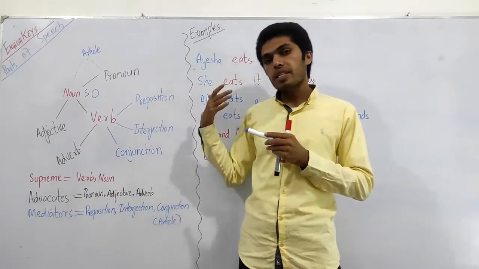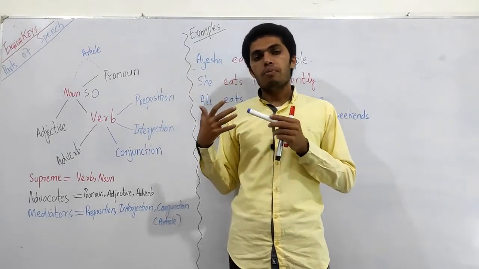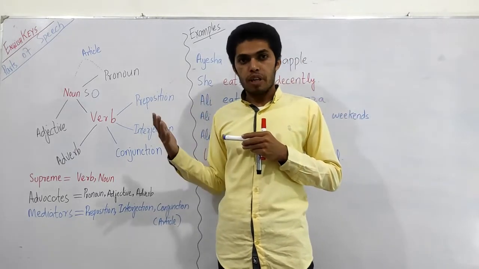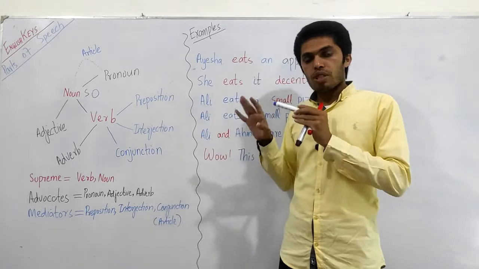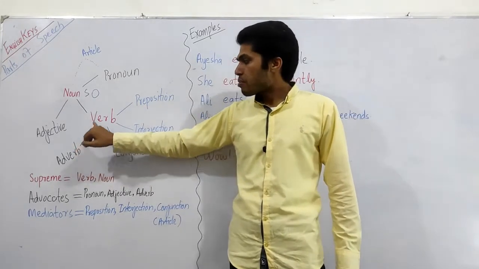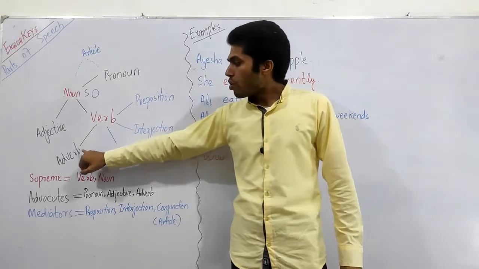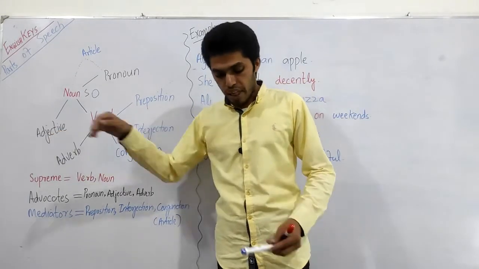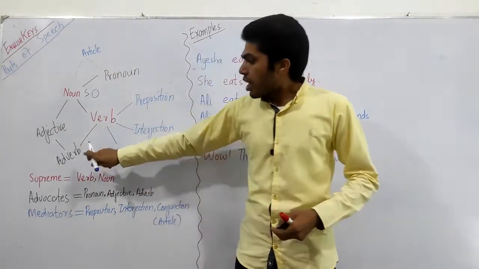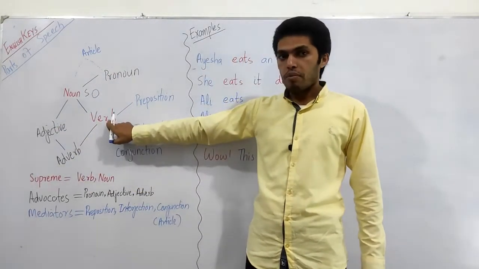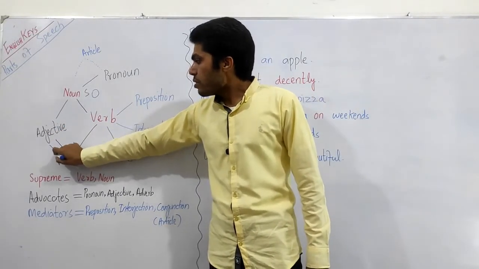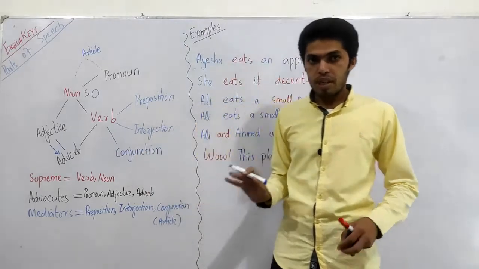We will discuss these things in a separate video, where I will talk about adverbs and explain the different kinds and types of adverbs. But right now you just need to understand that an adverb is a word that describes a verb, or it describes an adjective. I can place an arrow over there so that you can relate them. An adverb can describe a verb, an adjective, or another adverb.